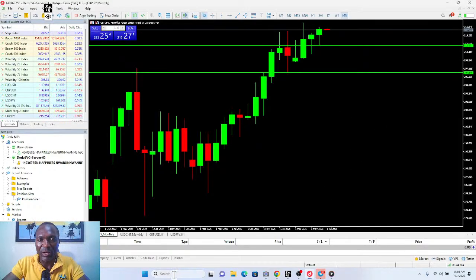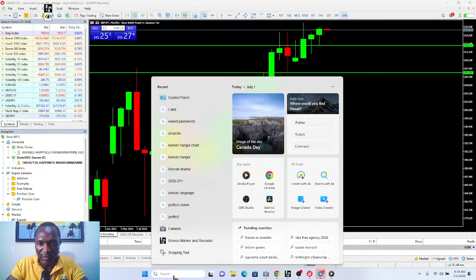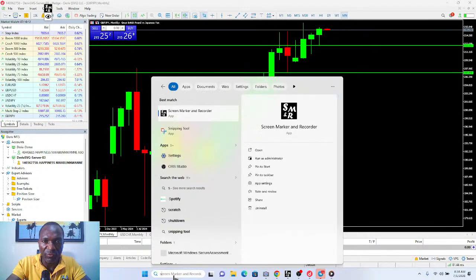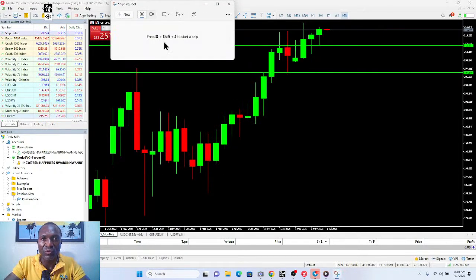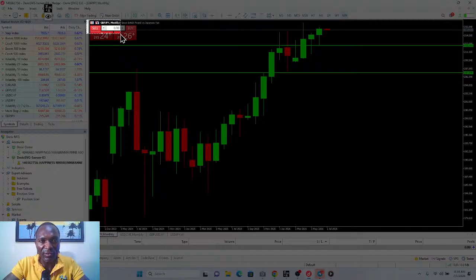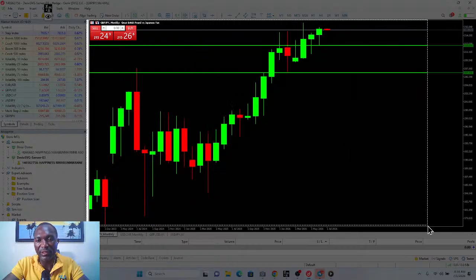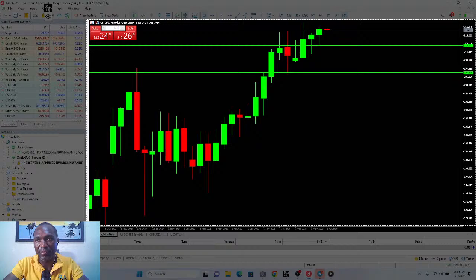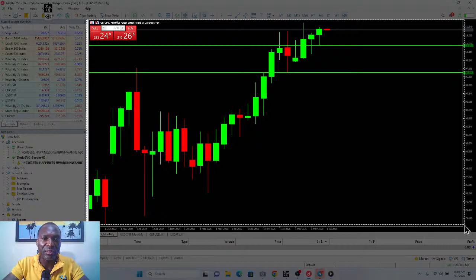So with this now, I will do a screenshot of this chart. I'm going to do a screenshot of my chart. So don't worry, everything will be in our group. Come here, I'm going to give you a screenshot of this. I just want to make use of this chart. It's just the chart I really need. But if you need more than the chart, you can go ahead and do the same. But now I just need the chart.